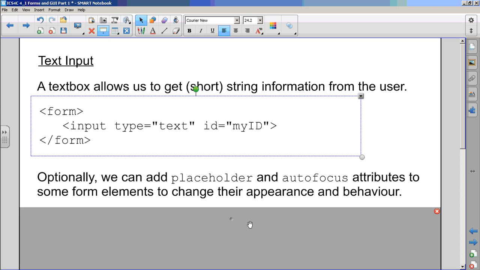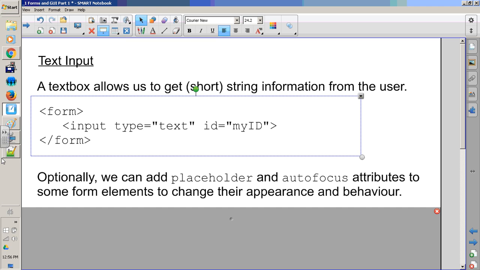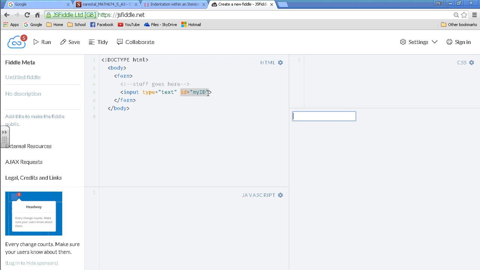Optionally, we can add a placeholder and autofocus attributes to some form elements to change their appearance and behavior. I'm going to let you goof around with this mostly. These optional businesses, after I show you them once, I'm not going to show you them all the time, but if I put in autofocus,